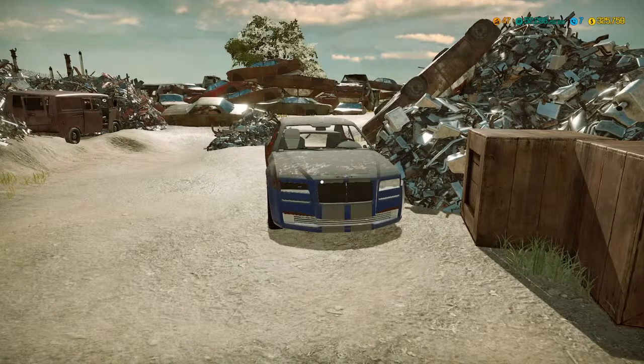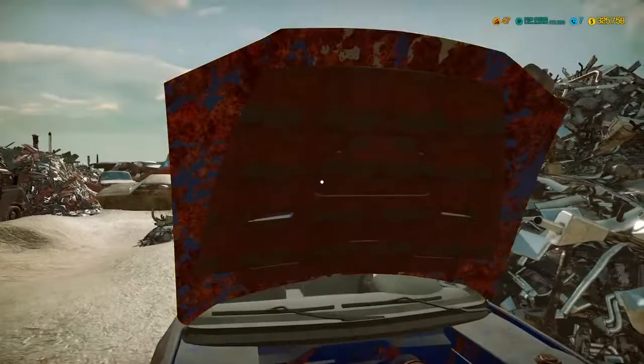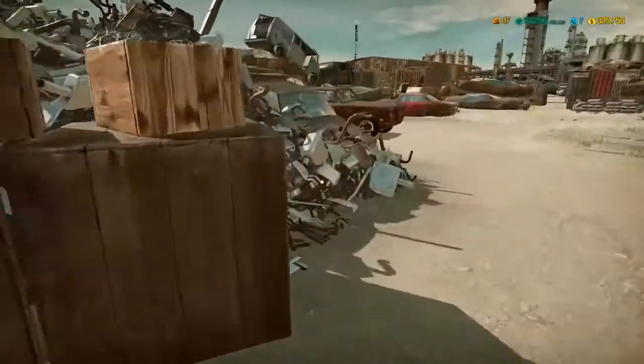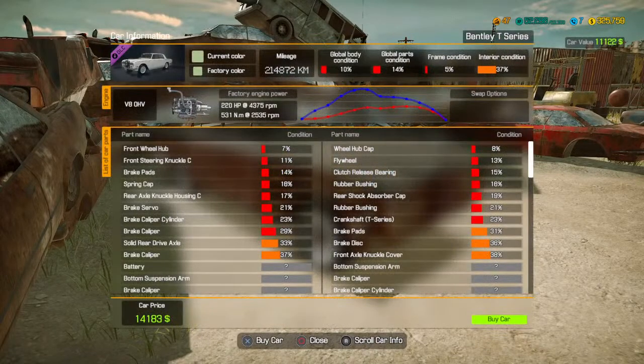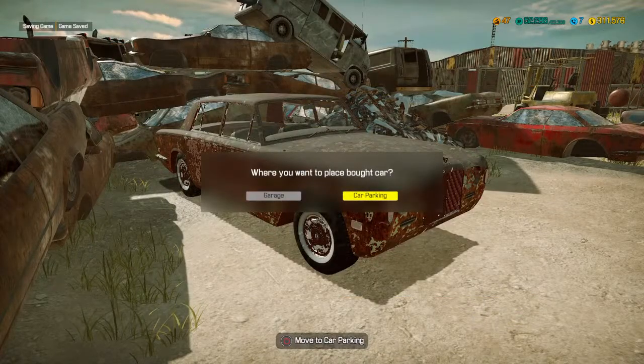Now this one could be a good investment. How much is it? So this is 19,935. But this one's pretty much badly damaged. This one, the Bentley, is actually cheaper. So what we're going to do, we're just going to buy that, put it into the car park,